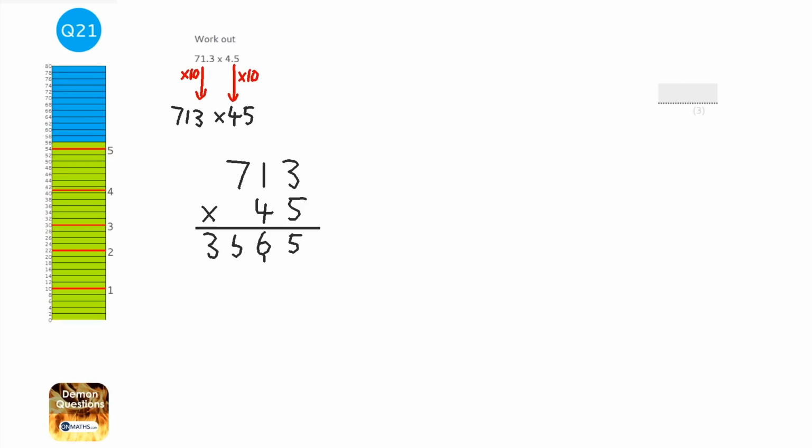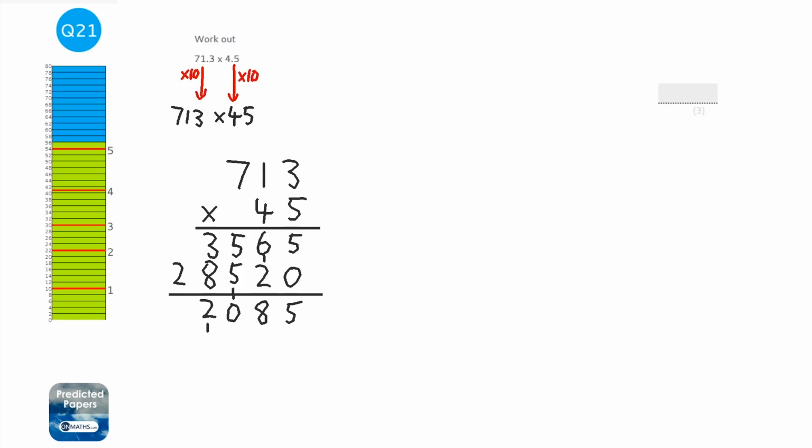So it'll be 35. Now the next thing we're doing is 40 times 3. So what we're going to do is just add a 0 here, and then we can just think of it as a 4. So 4 times 3 is 12. 4 times 1 is 4, add the 1 is 5, and 4 times 7 is 28. Then we're going to add going downwards, so 5, 6 times 2 is 8, 5 times 5 is 10, so it would be 8 plus 3, which is 11, plus the 1 is 12, and then 2 plus the 1 we carried, which is 3. So this is going to equal